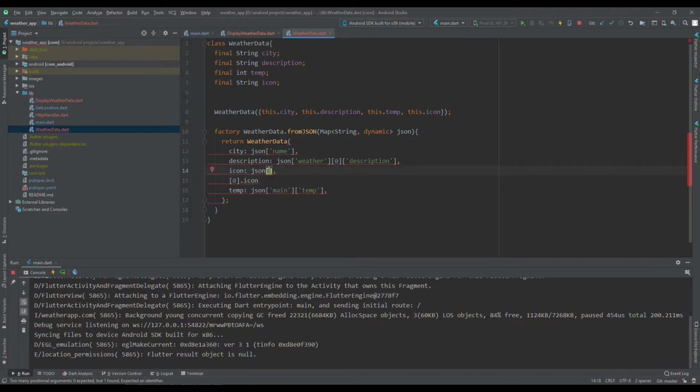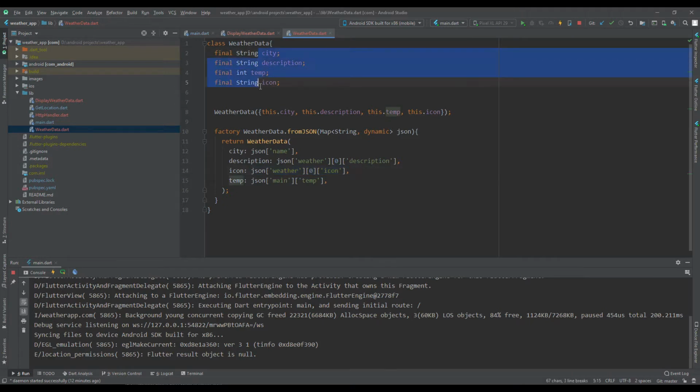Then the first part is weather, then second is the index, which is 0, then finally this part, icon. So now we have assigned the path to this icon argument, and whenever this constructor is called, all of these